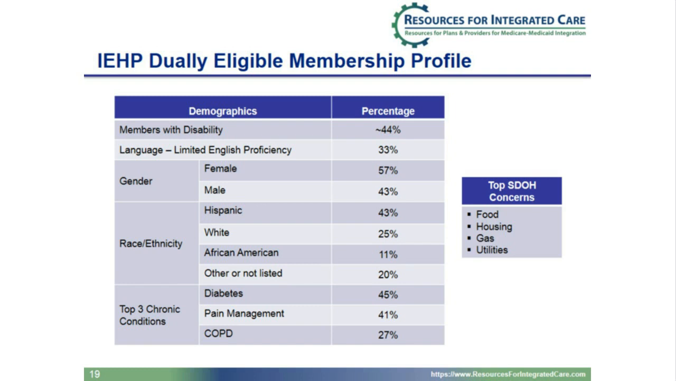And for our top three chronic conditions, it's probably pretty similar across the United States, with diabetes leading the diagnosis. But I think that one of the most important things on this slide is towards the right when we talk about the social determinant of health concerns. For our membership, the top is food insecurity. Additionally, housing, availability of funds for gas, and utilities. So that'll lead us into the next slide, where we talk about what IEHP has been doing around